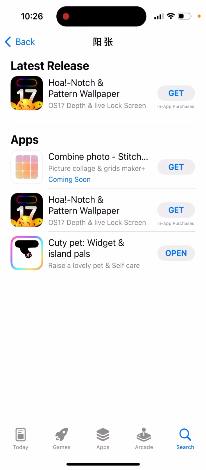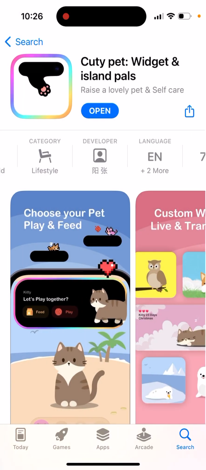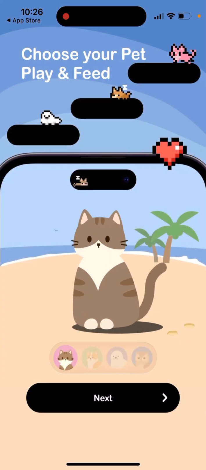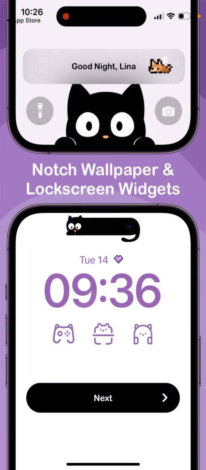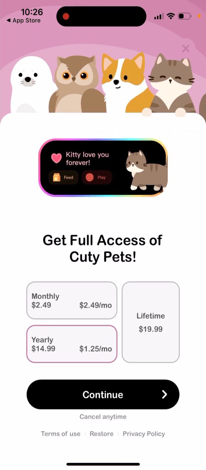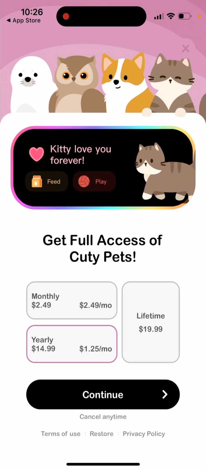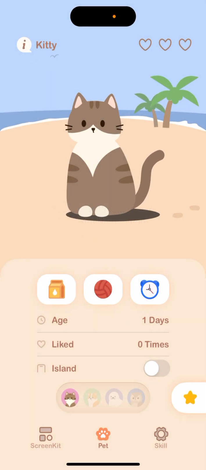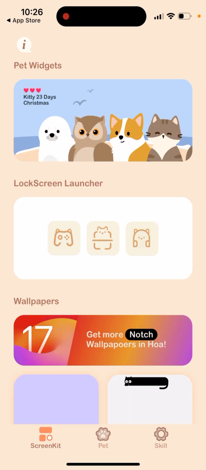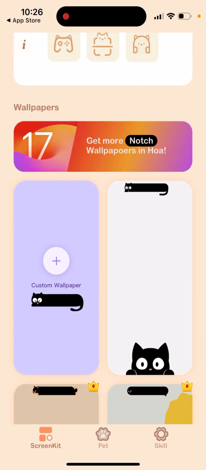by some studio. You can see here a bunch of apps, and then you can just open it up, and then you can just select notch wallpaper and lock screen widgets, and then there's get full access. Actually, it's quite a cheap app though, so you can get full lifetime access for like $19.99. You can allow notifications, and this is your Kitty app, Kitty pad, which you know now you just have it here,